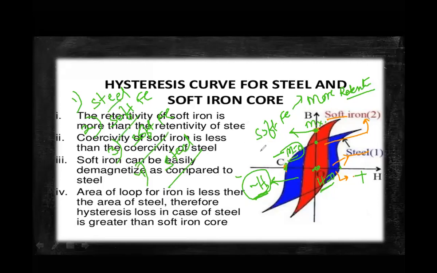If you know this graph and someone asks you to describe the BH curve with example and application, use this. Explain in the normal way: what is this, what is saturation, what is coercivity, what is retentivity, what is the negative field, what is the positive field. Explain everything and take this example, and you get 15 out of 15.